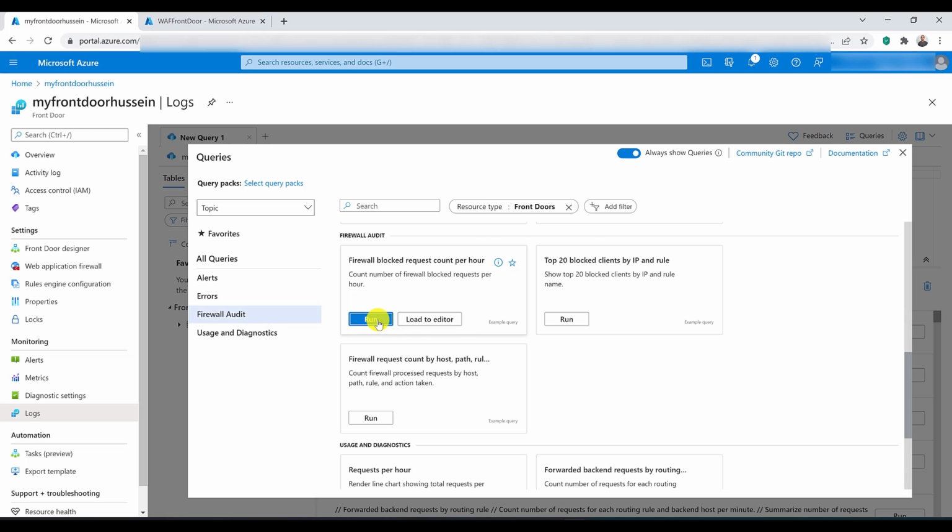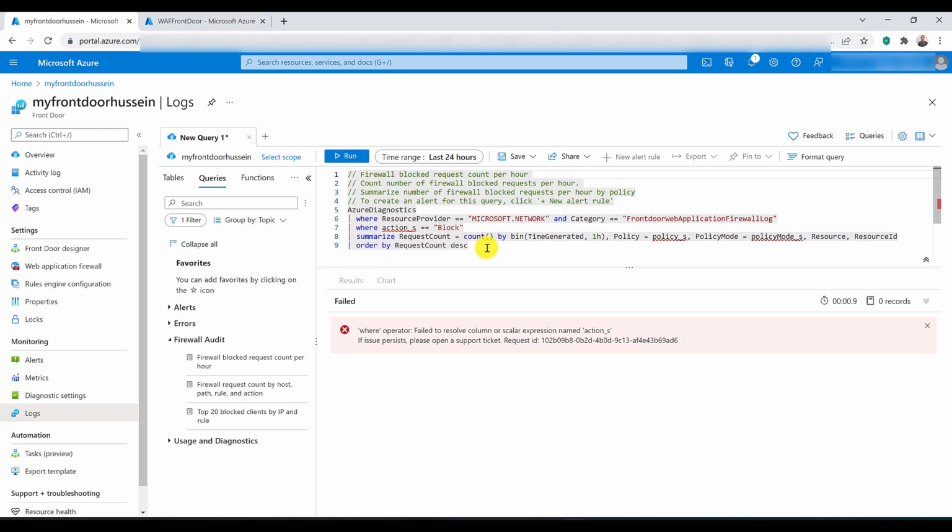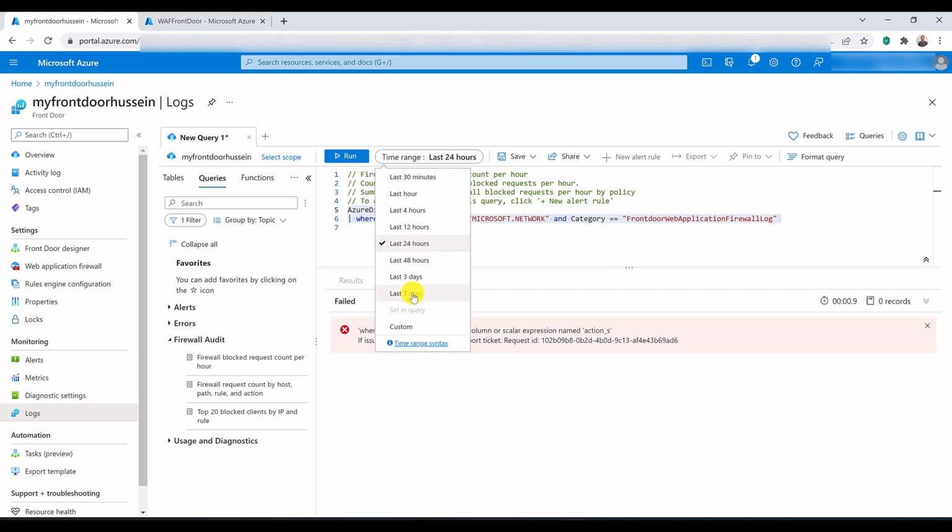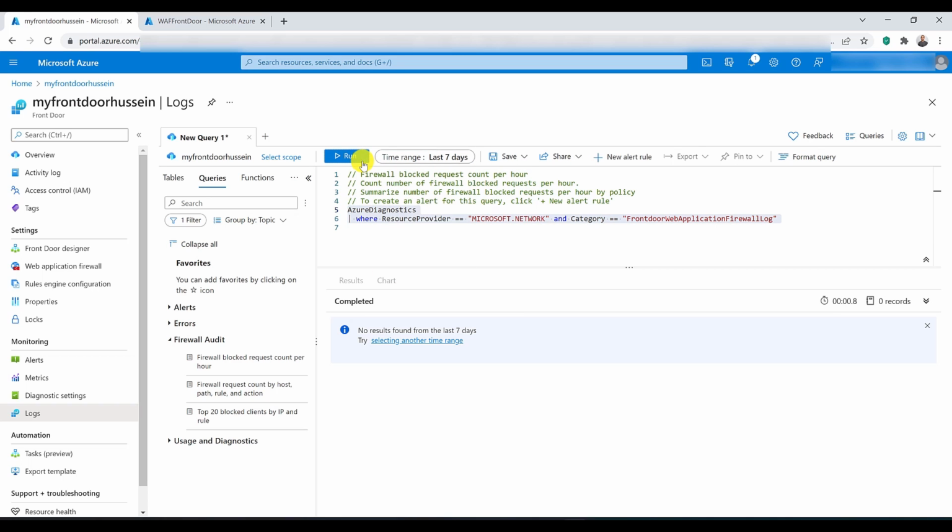So let's go ahead and run this query. And of course, it won't return us any data back because I didn't have any blocked traffic. As you can see here, if I run this query over the last 7 days, I wouldn't get any data back. But the main thing I want you to notice here is that we have configured our query to look for